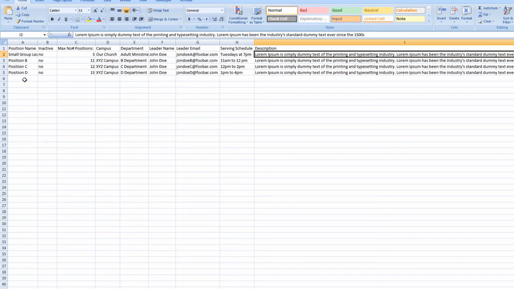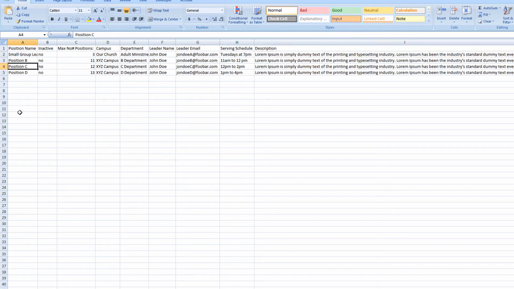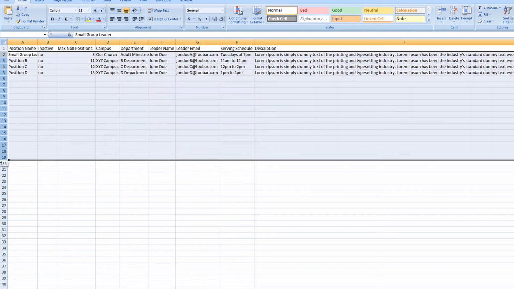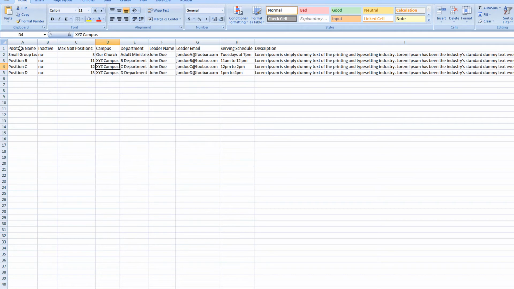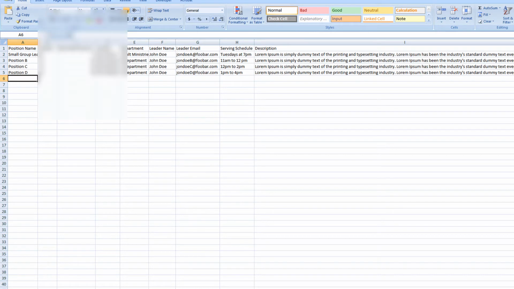Now, I'd go through and fill this out for each position that I want to post within ServeWire. If I have 25 positions, then I'll fill out the next 25 rows. Make sure you leave the header descriptions within the file. And once you've done that and completed it, save your file,